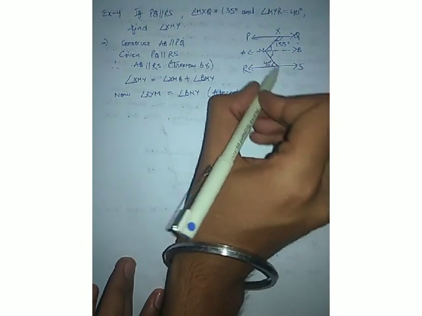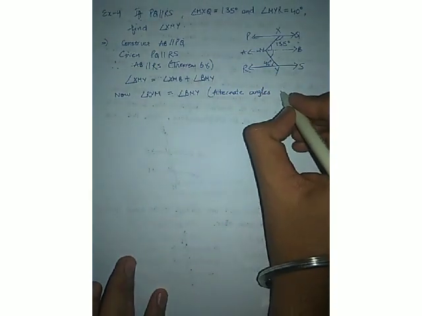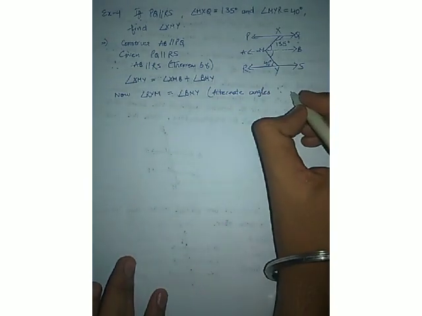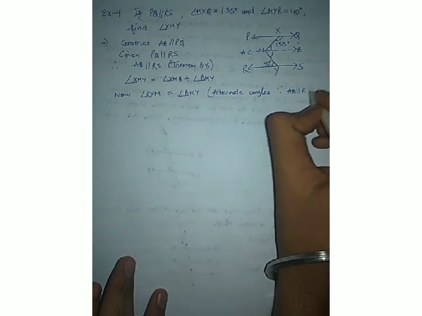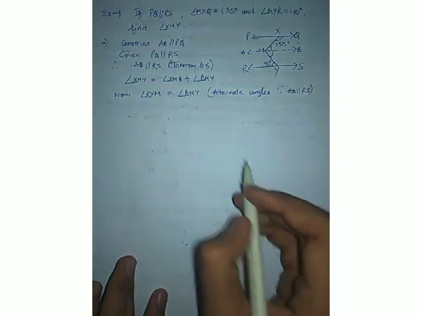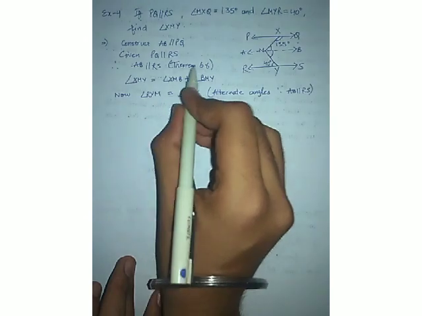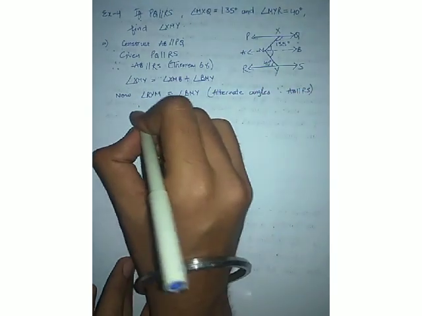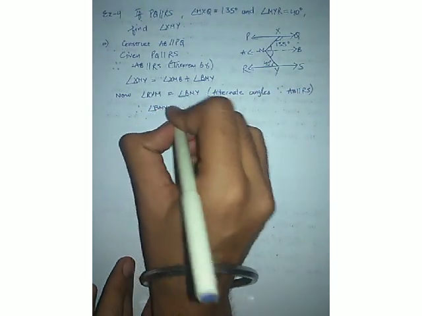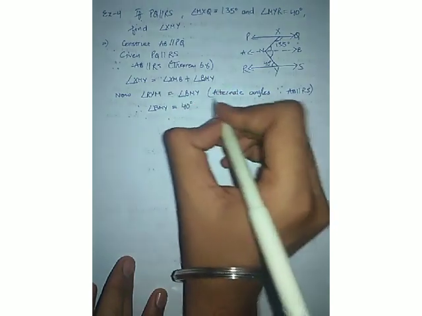Okay, so let me help you. It's here only. MY is the transversal, so that is why the alternate angles will be equal. Also, we will write the reason, because AB equal to RS. We have proven it already. So RYM is 40 degree, therefore angle BMY will also be equal to 40 degree.